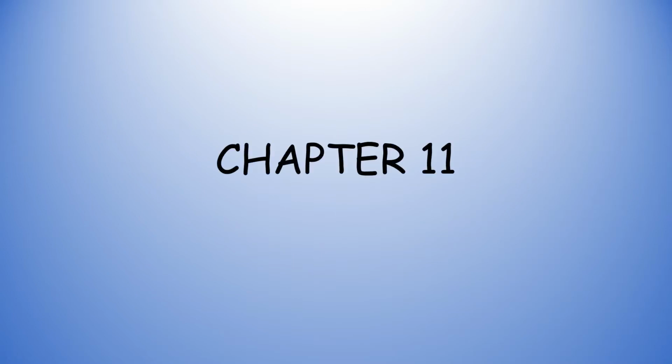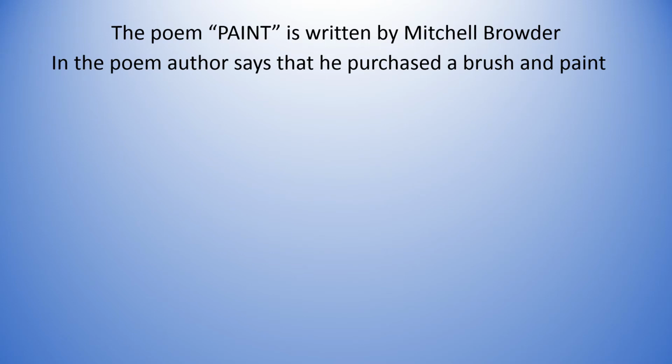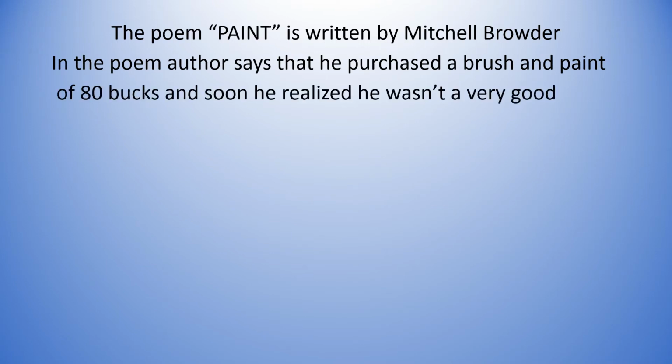Today I am going to explain to you chapter number 11, Paint. Before I explain the poem to you, let us look at the summary of the poem. The poem Paint is written by Michel Browder. So who has written the poem? Michel Browder. In the poem, the author says that he purchased a brush and paint of 80 bucks and soon he